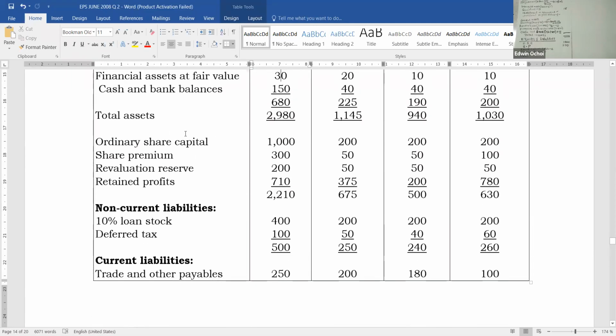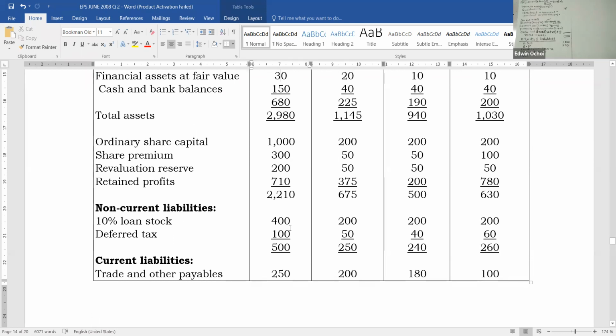Like now, ordinary share capital, I've said you go with the figure of the parent. The column of the parent, we have 1,000 there. Share premium is this 300. But now revaluation reserve, I need a working. Retained profit, I need a working. Then I have to introduce NCI here, which is not there. So in order to determine what was the capital of the NCI in that S, then the others,